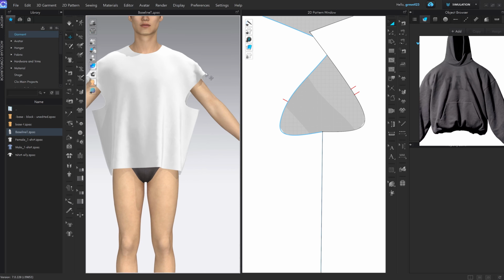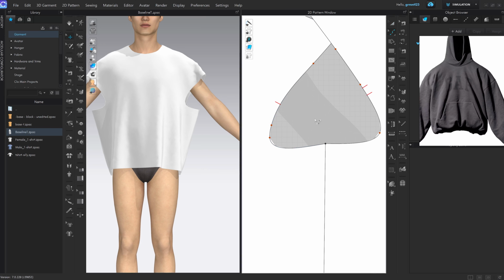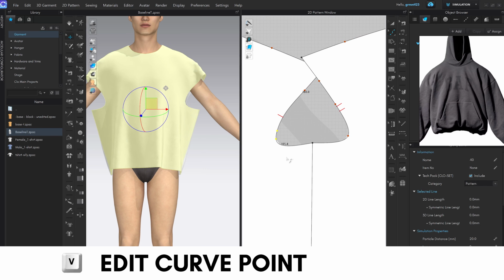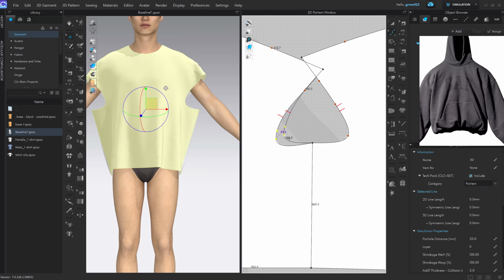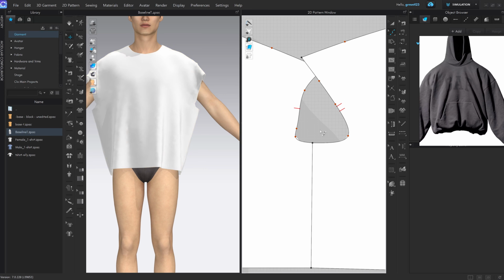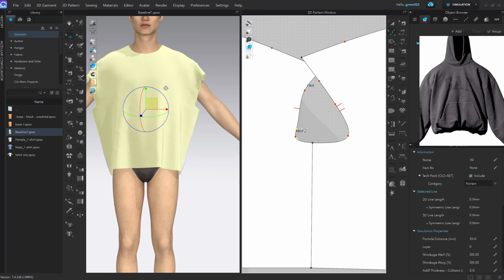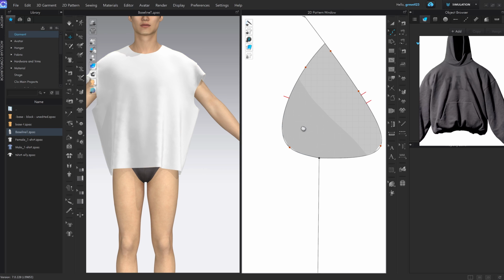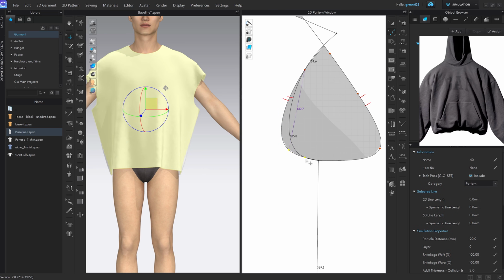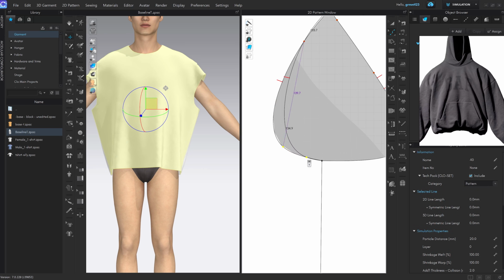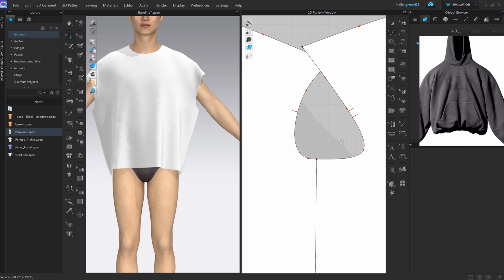We kind of want our line to go from here and maybe go down to something like this, right? We have a massive hole that we need to fill. So I'm going to press V, I'm going to select the front, the two curve points, and I'm gonna bring them in, right? Maybe it's something like this. This one I feel like I could even select and get rid of, since it's only creating more trouble for me than it's worth. I'm gonna select the point again, start bringing it in, and just today I actually posted